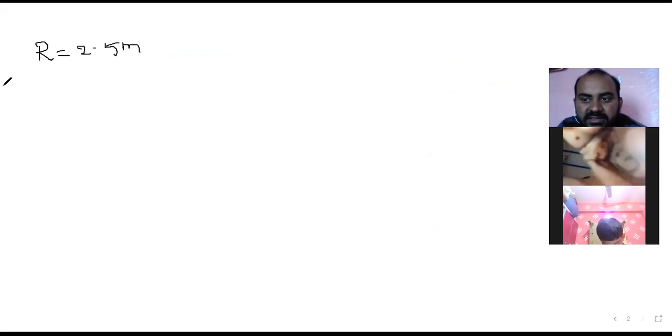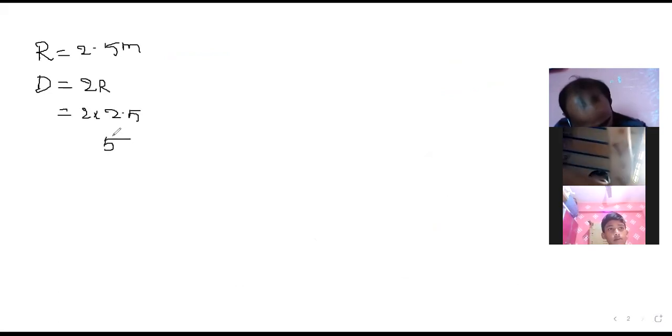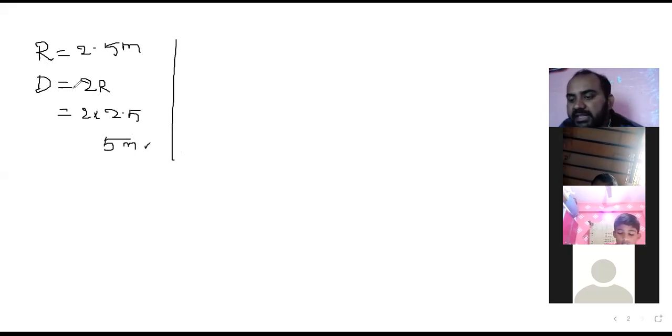2.5 meters, and they will ask what? Diameter. What is the relation between diameter and radius? They give a radius in this condition, but they are asking for the diameter. We know that diameter is equal to 2 into radius. 2 into r, that is 2 into the radius value. How much is it? 2.5. 2.5 double is 5. If you multiply, you will get the answer. This is an important formula. This is the basics of diameter and radius. The relation between diameter and radius is this.